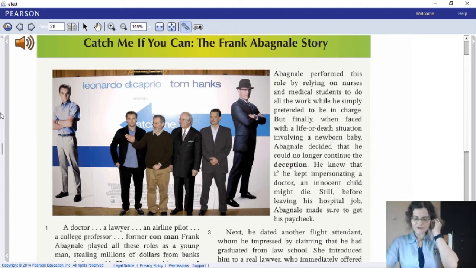Now, we also have sub-main ideas, the smaller ones. Those we can find in every topic sentence, meaning in every first sentence of every body paragraph. The topic sentence equals sub-main idea, which is the subtopic and the purpose. The subtopic is what will be discussed in that paragraph, and the purpose tells us what will be discussed about that topic. So topic sentence equals sub-main idea equals subtopic and purpose.